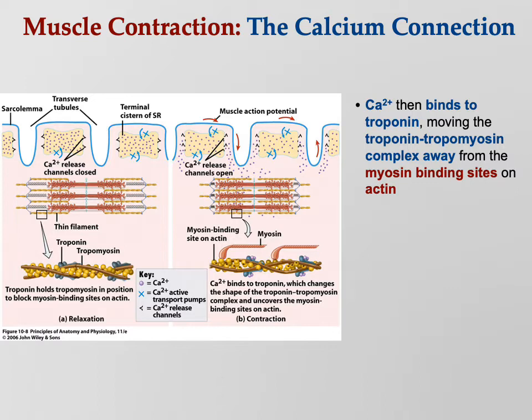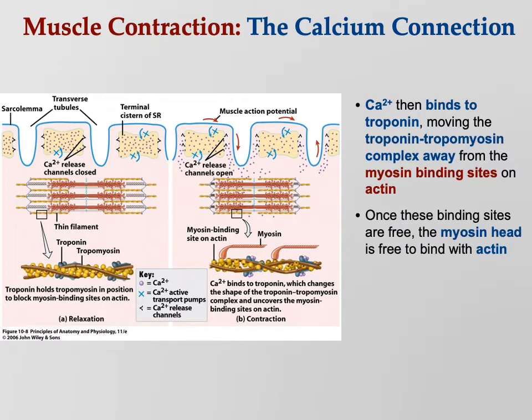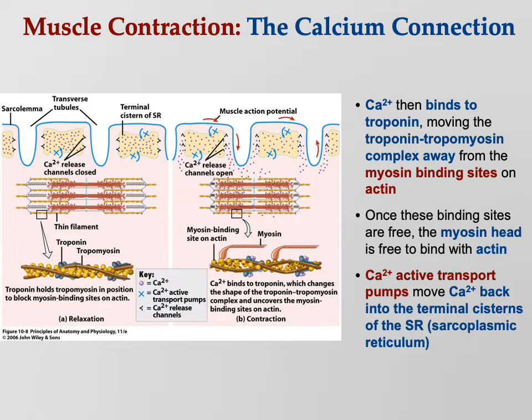And so once we start contracting a muscle, how the heck do we ever get it to stop? Seems like what we've learned so far, once you contracted a muscle the first time, it would stay that way for the rest of your life. And that won't be helpful because you will just be stuck there all contracted up. So how is that going to work? Think about that, okay? Once these binding sites are free, myosin free to bind,